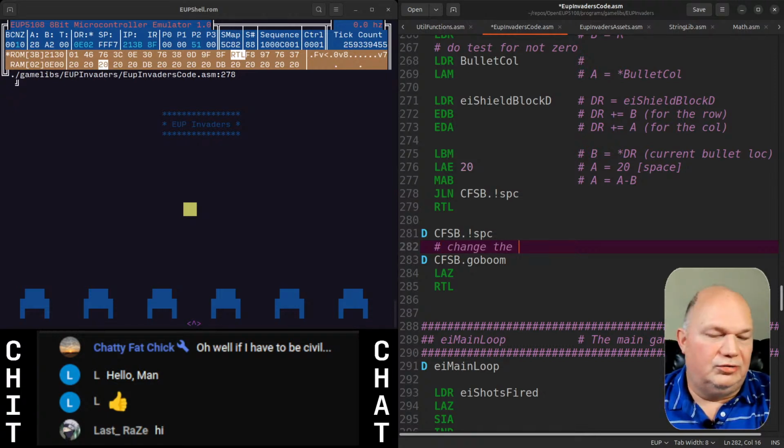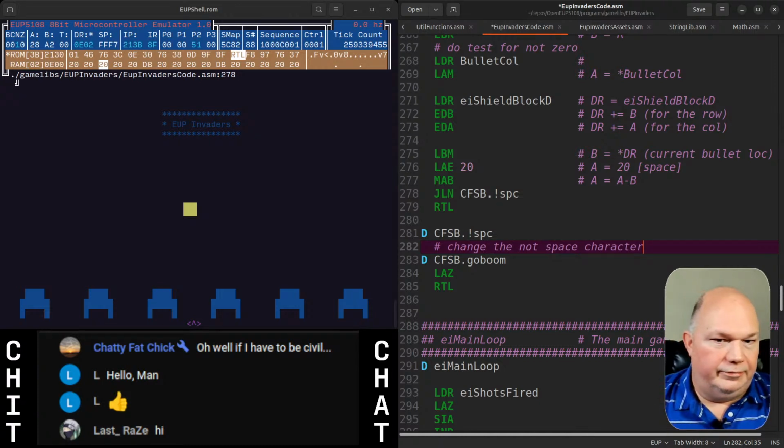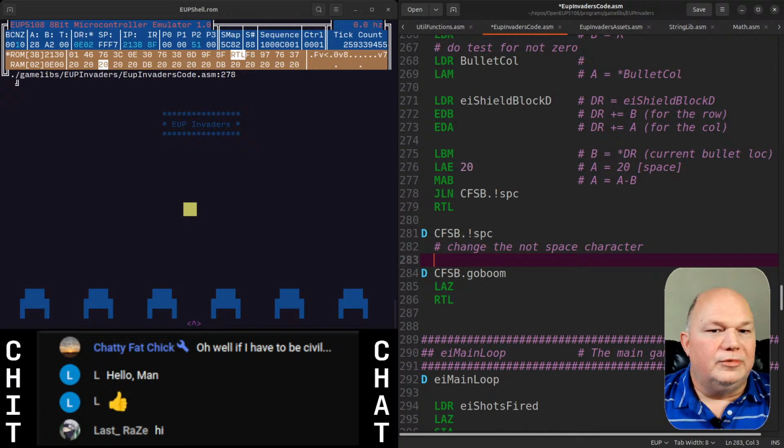Change the not space. So we have to do this whole thing where we exchange one character for another depending on what character it is. And that'll be a whole nother function. But for now,